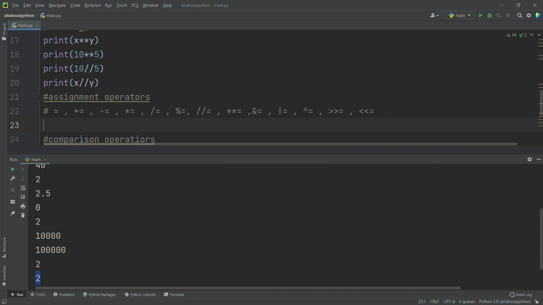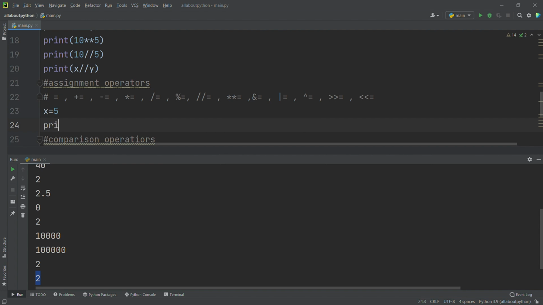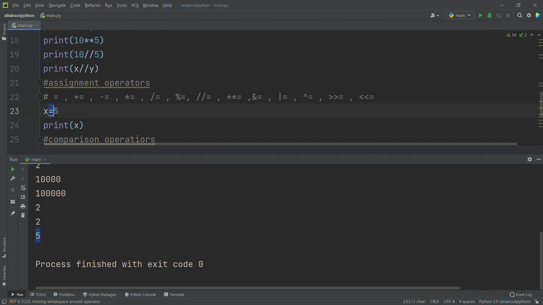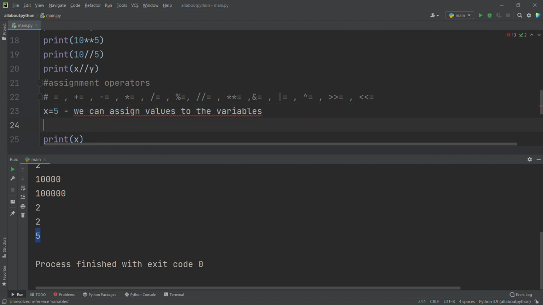First we will see what the equal to operator is. See, let me say x is equal to 5. Okay, so x is equal to 5. Now I will try to say print of x. Now we'll see how it works. See, it's printing 5, right? At the end it's printing 5. Okay, so we can assign values to a variable by using the equal to operator. Okay, we can assign values to variables. I will just keep it in comments.